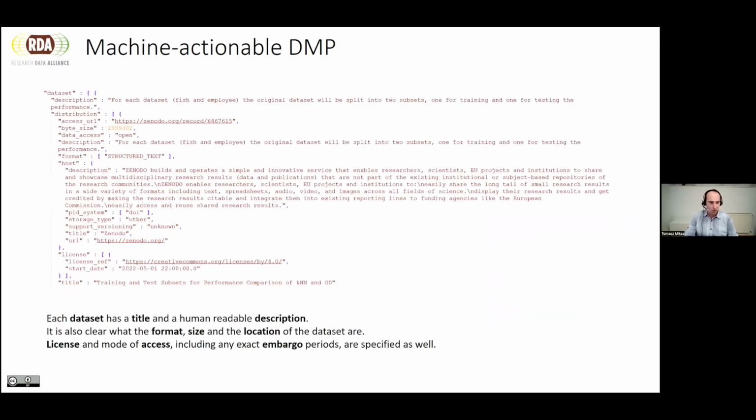We can also model more advanced use cases. So here, without going into the details, it's a description of a data set that is described by a DMP. There is a human readable description, like a title and what this data set is about. But there are also some specific information, like what is the format, size, and the location of the data set. We can see here that it's kept on Zenodo. It also specifies what is the license and that there is an embargo period on the data set. So again, very specific terms using URLs, using PIDs, and referring to specific systems.